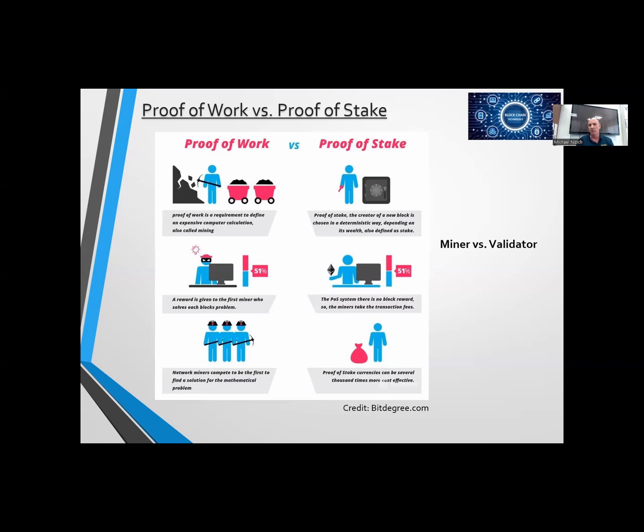Now, proof of stake works a little bit differently. I'm not going to go too much into that because I don't know all the details, but basically proof of stake removes the proof of work concept a little bit and says, if you have enough vested interest in that particular transaction or that particular blockchain, then you will be able to add it to the list. I don't really know enough about the differences to talk about that, but there is proof of work and proof of stake, and proof of stake is what Ethereum 2.0 is geared around.